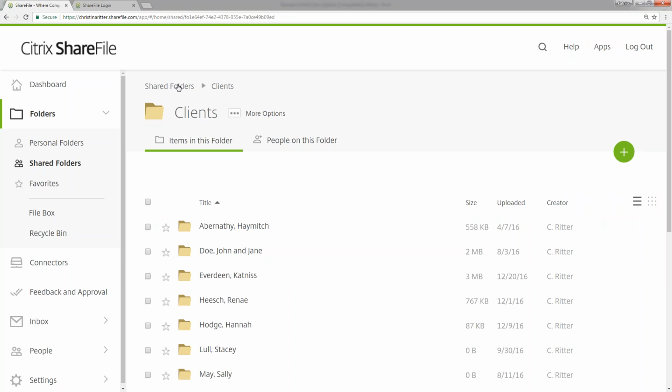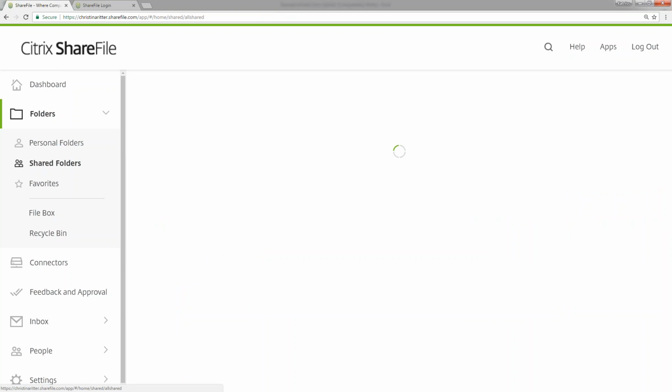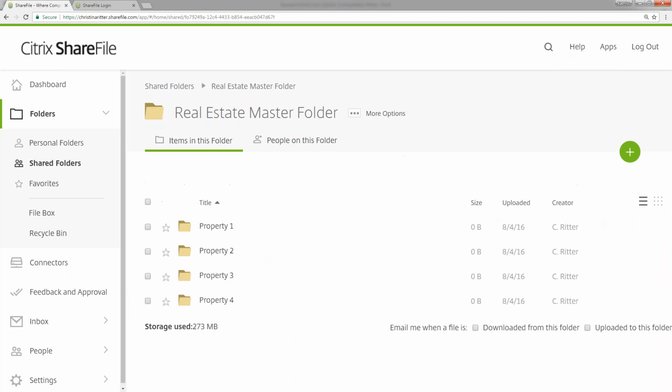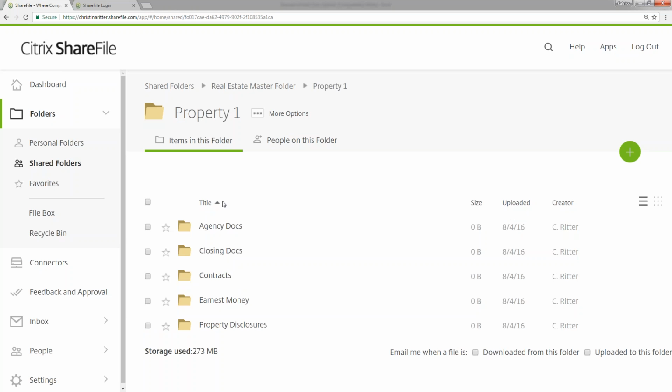So from there, you saw that I had a template applied to all of my client folders. I have another example here for real estate. So perhaps you're in an industry that, again, is more project-based or property-based. You can create as many folder templates as you need, and I'll show you where to do that in just a moment. But within my real estate folders, I have 4 properties, and when I click into a property, they